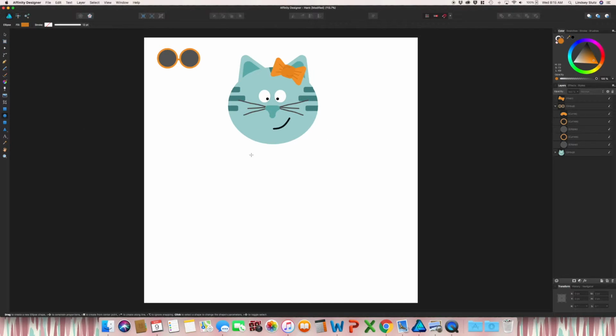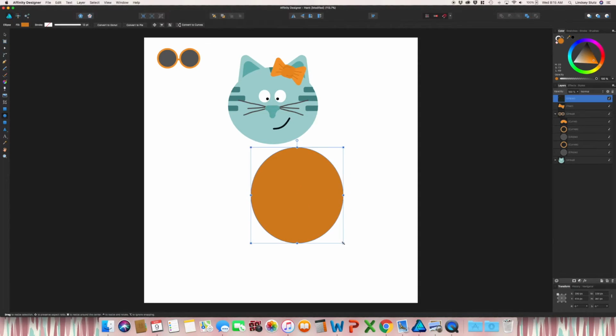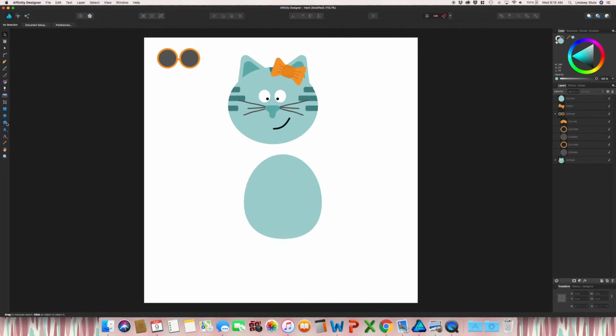So using the ellipse, making kind of an oval shape, and make sure to convert to curves before. Select this bottom one, and then I like to shift it up to kind of flatten out that bottom. And then using the rounded rectangle tool, and then the ellipse tool, then I'm going to rotate this oval,